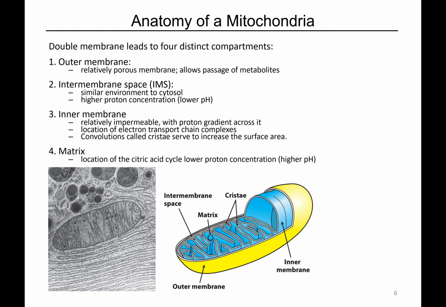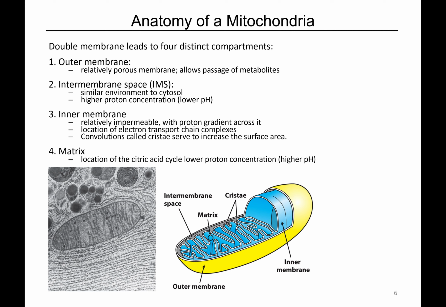Okay, there's the outer membrane, which is highly permeable. Lots of things can easily diffuse from the cytoplasm into the inner membrane space. The inner membrane space, as the name implies, is the space between the inner membrane and the outer membrane. And in this diagram, the inner membrane is shown as blue. And then inside of that is called the matrix. Okay? The matrix, we've already seen, is where all the TCA cycle reactions happen. That's also where one reaction of gluconeogenesis happens.